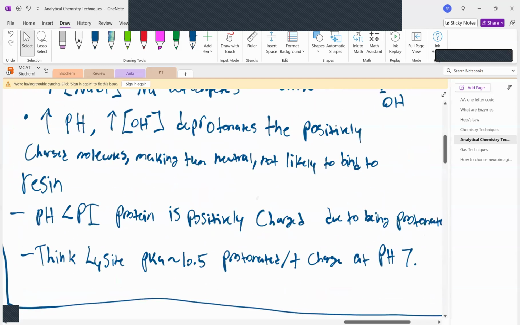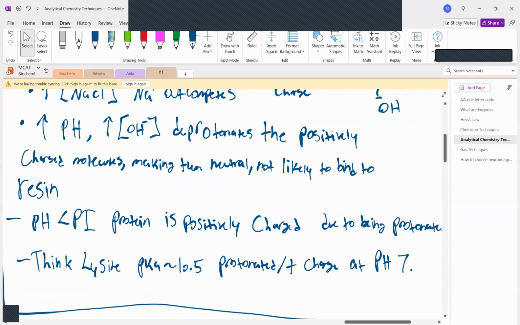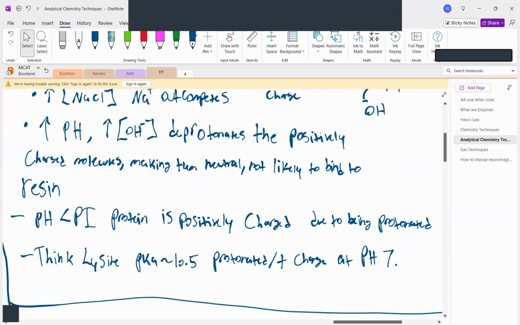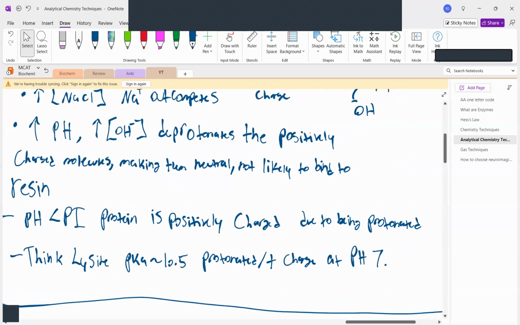When your pH is less than your pI, your protein is positively charged due to being protonated, right? Since it has more proton concentration. And how I like to remember this, if you're confused with the whole pH and pI thing,